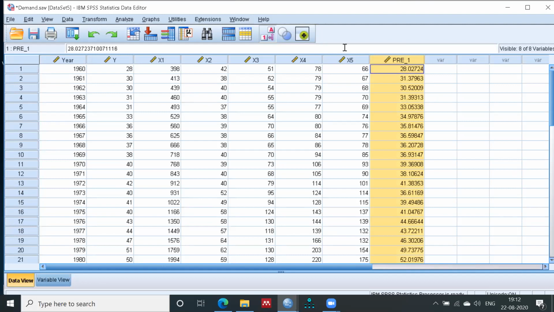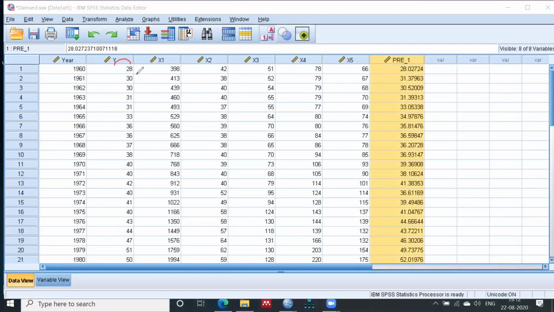First of all, let's understand this one. This is your actual y. These are your actual y's, right? And these are my predicted y's. What is the difference? Before calculating anything, generally businessmen or company owners, or as an individual, we always predict the future, or we can say forecast the values.